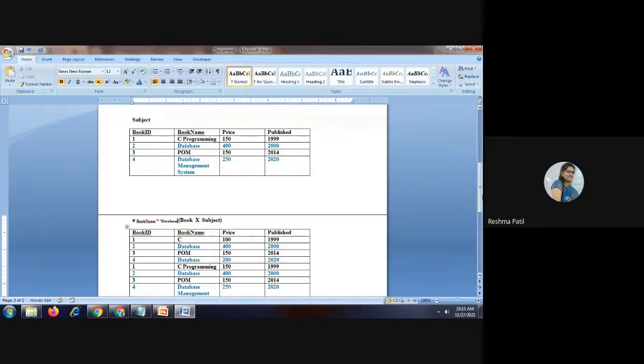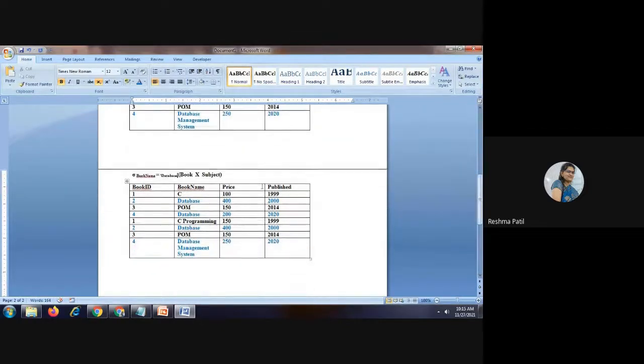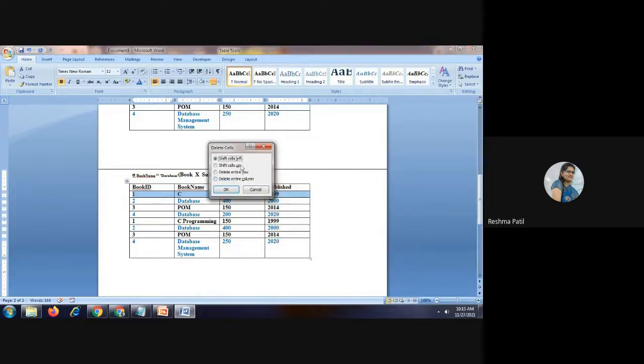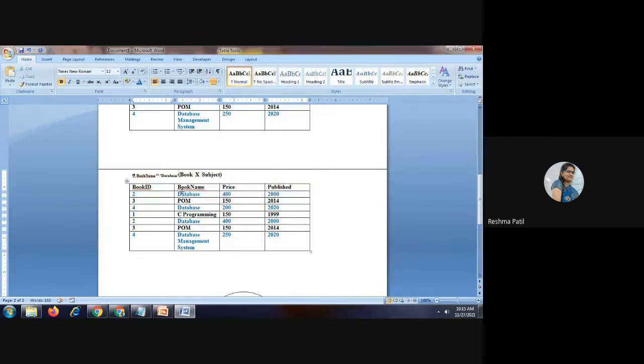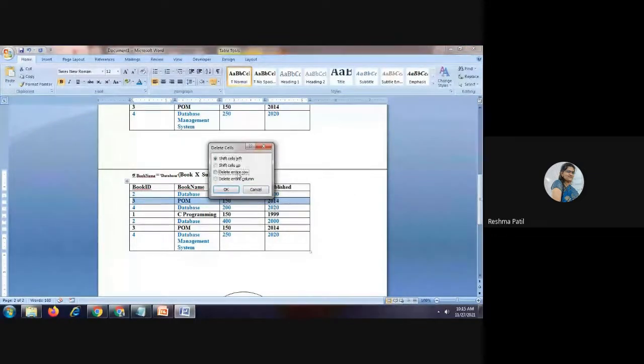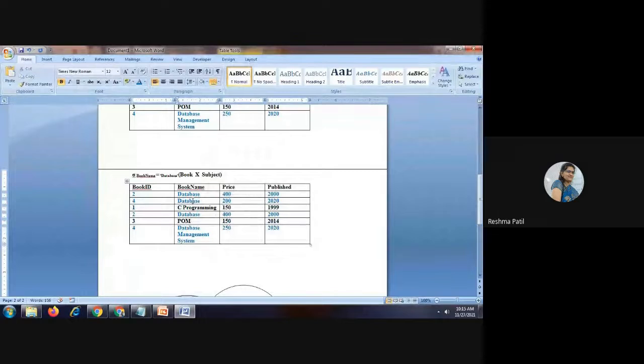Using this condition, we will get a record here. This one record is there. C is not the database, so we will delete this one. Next, only subject name or book name equal to database, that condition should be true. This is also not there because it is POM. Yes, this is going to be true.